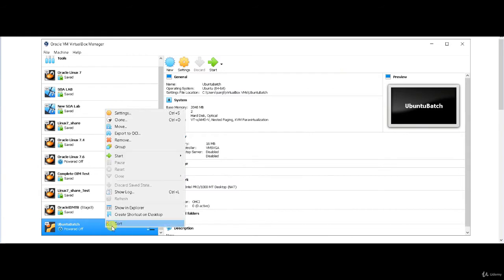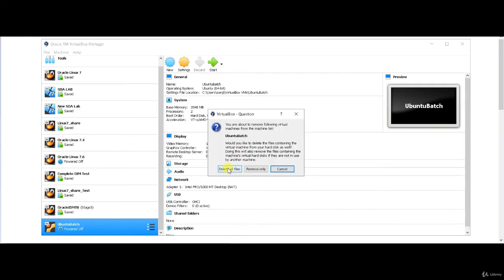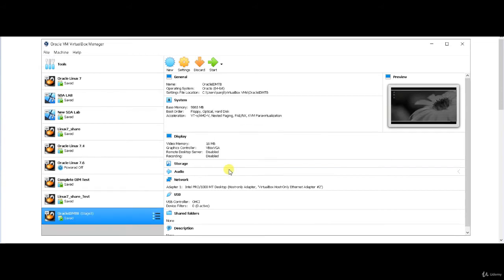There is a second way. You can directly right click, remove it, and delete all the files which were created. So this is another way to do that. So see, all the things have been removed. In order to install it from scratch, not try, you can either go for the Try option, and you don't need to install in that case. That is very easy, just use that. But if you want, you can install it. So let me show you how to install from scratch.